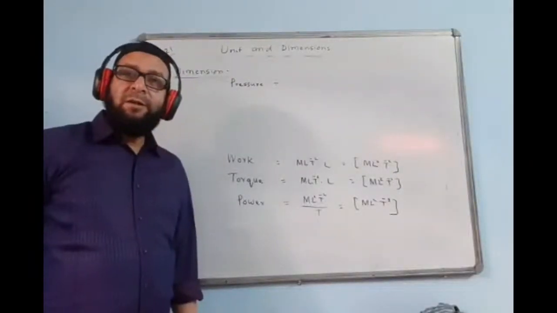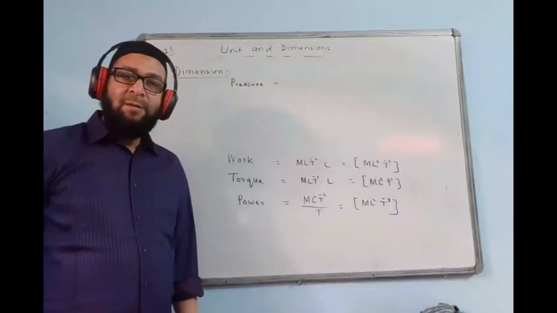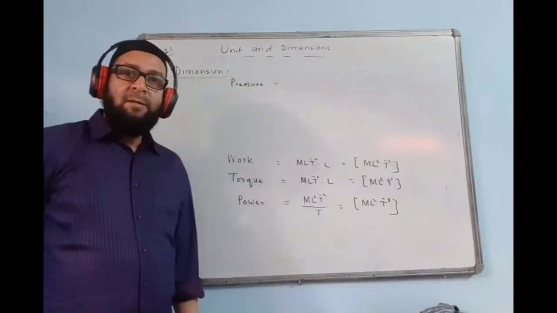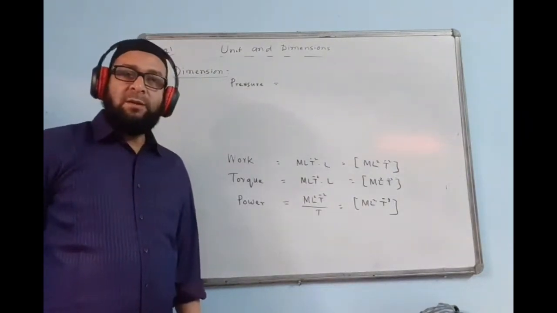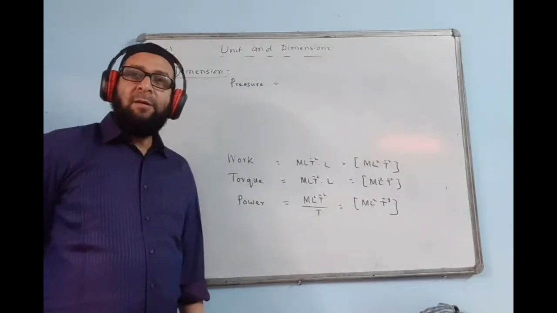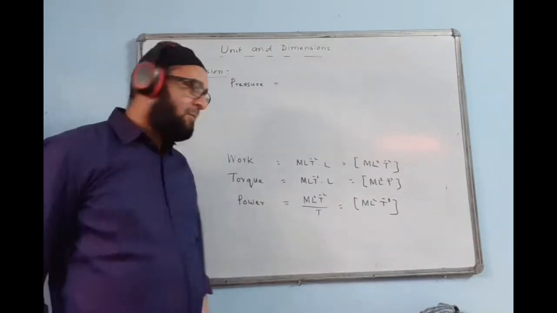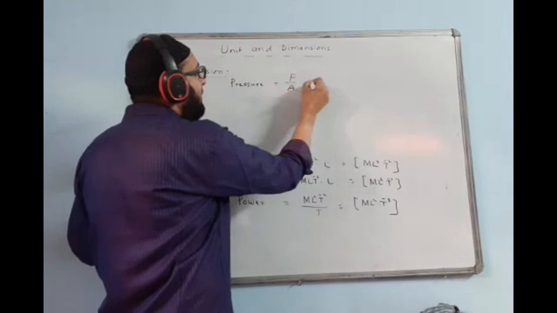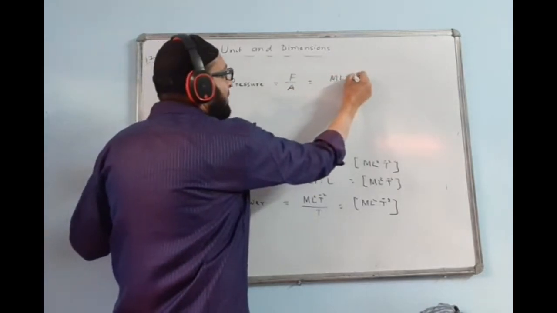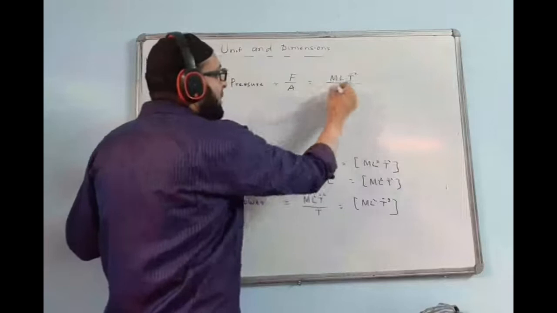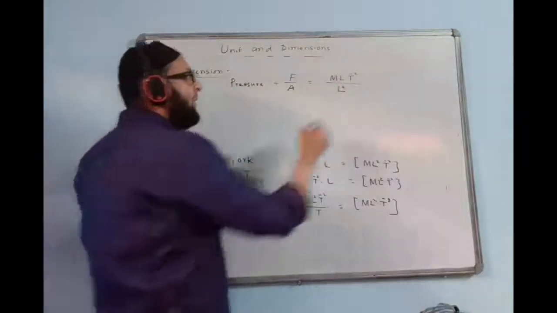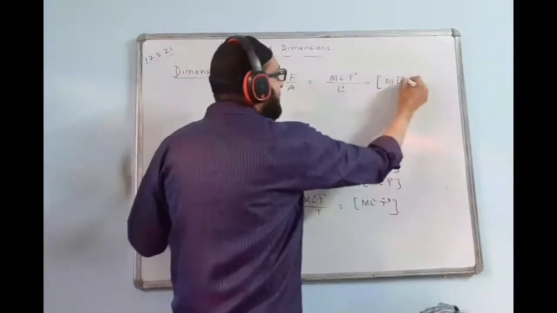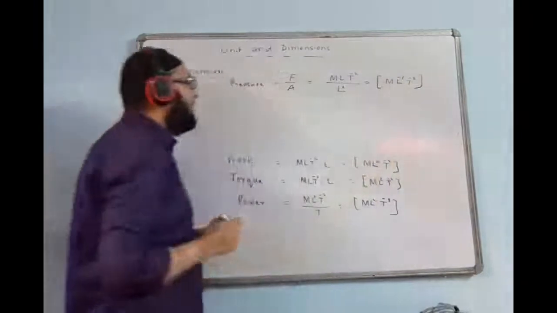Yeah, how have you done it? Tell me. Very good. Area means meter square, that is L square. Yeah, good. You people are doing very well. Pressure formula, if you don't know, you can write force upon area. Force is MLT minus 2, and area is meter square, that is L square. Now we are arranging and finding the answer. Here M, L and L square will come up, become L minus 1 finally, and T minus 2. This is the dimension of pressure.